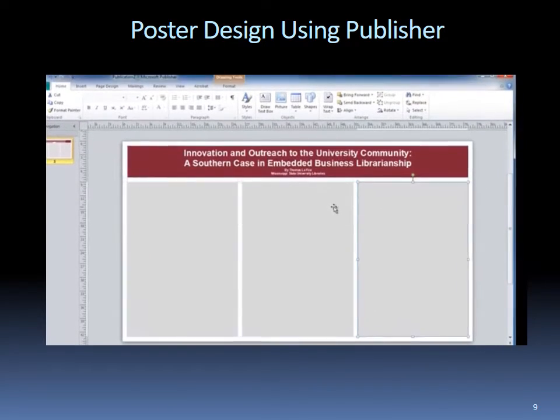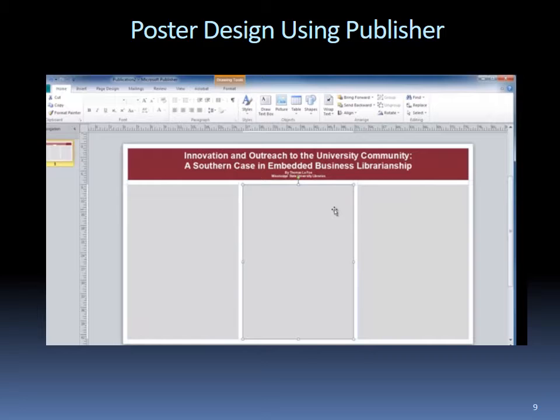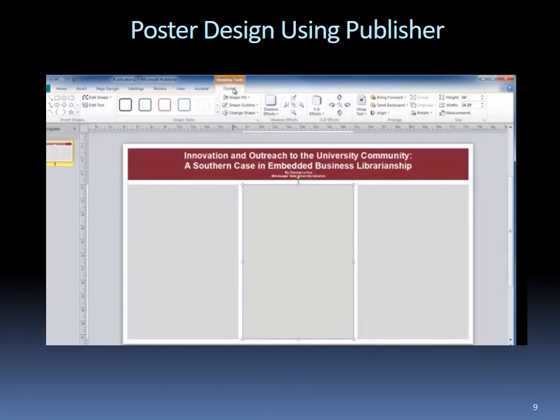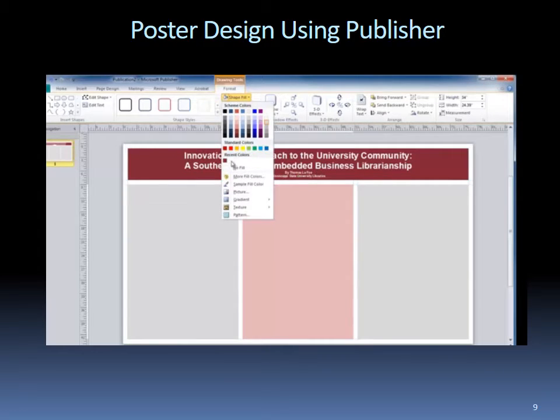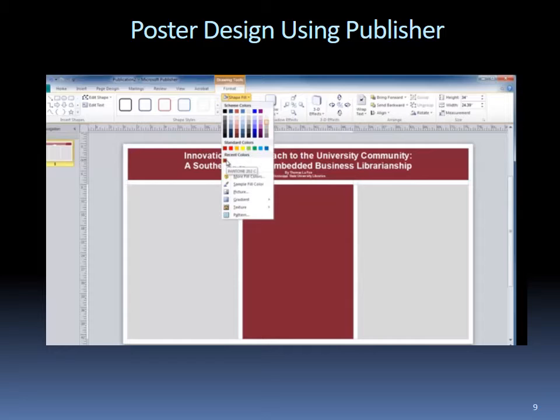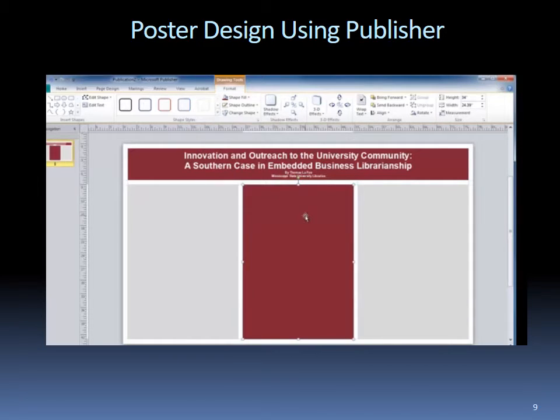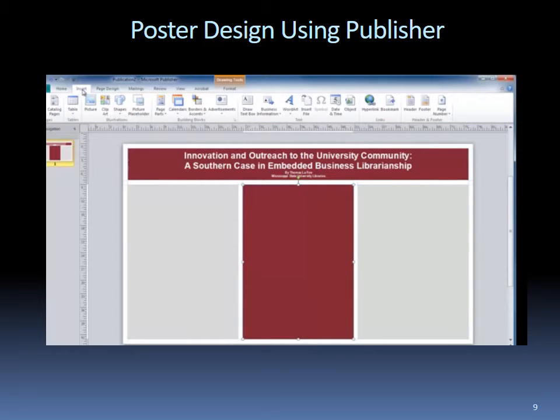For the middle column, to add some variation, I'm going to select that rectangle, go to my drawing tools at the top, and change my shape fill. You will notice that in the recent colors, I also have the option to use my Pantone color that I created earlier. To insert my text for the abstract, I will move to the Insert tab, select Draw Text Box,